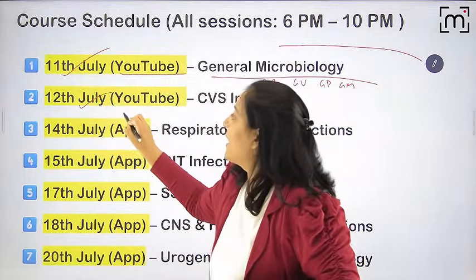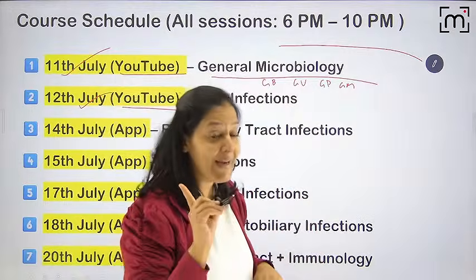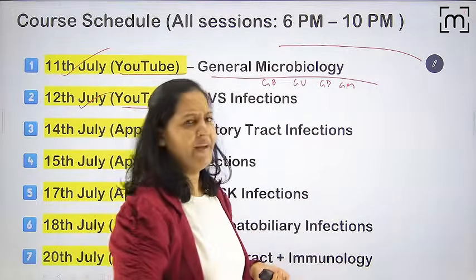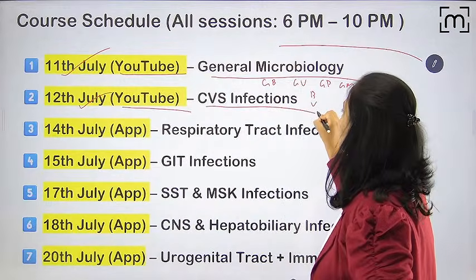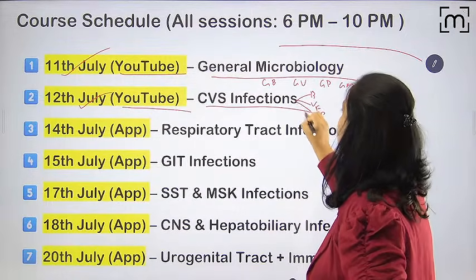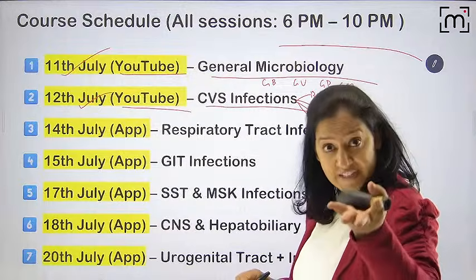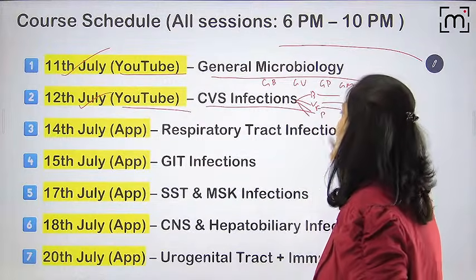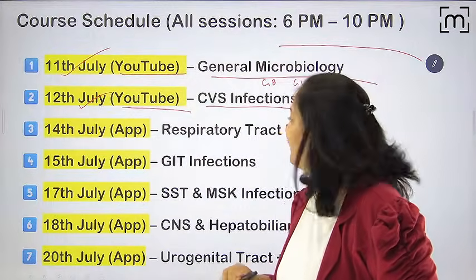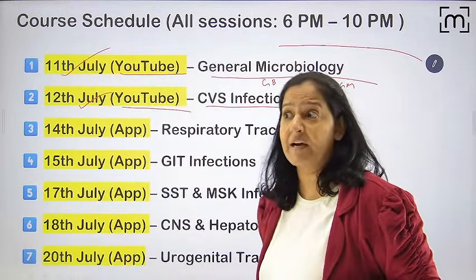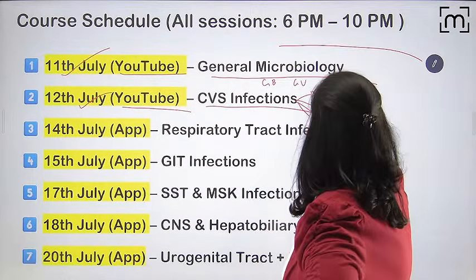Now tomorrow, 12th July, again we have a session on YouTube. Don't you ever dare to miss it. Tomorrow's session is very special because in this session I will cover only one system, CNS infection. I will teach you bacteria, virus, fungus and parasites which are associated with it. In bacteria, I will cover salmonella, rickettsia, brucella, leptospira. In virus, the most important is HIV, with all arbovirus I am going to cover. In fungus, I will cover all systemic ones: histo, blasto, coccidio, paracoccidio, candidiasis. And in parasites, I will cover malaria, most important, babesia, and all other blood parasites. So I'm going to cover nearly 20 to 25 microorganisms tomorrow.